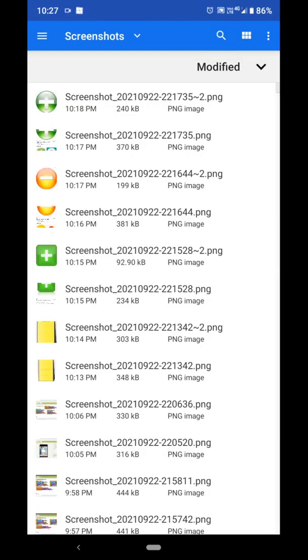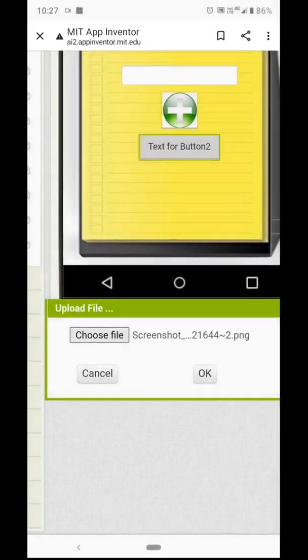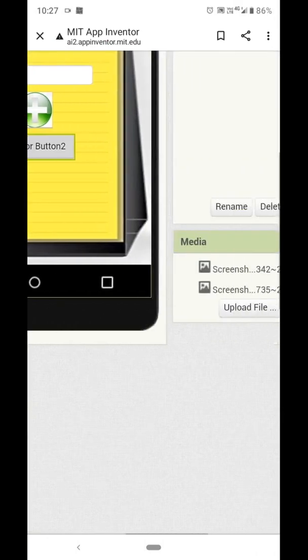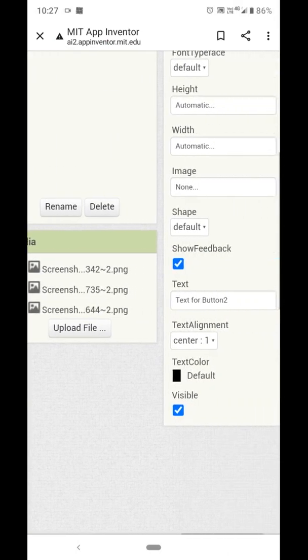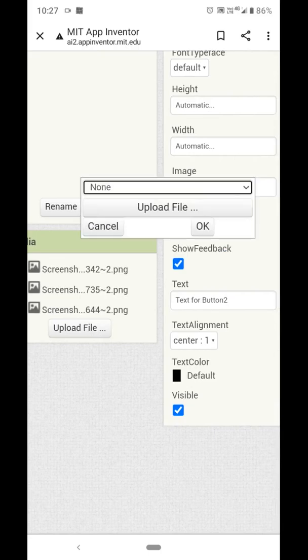Now to delete an item from the list, we will select the minus image, the minus button image. Okay, add the image here.